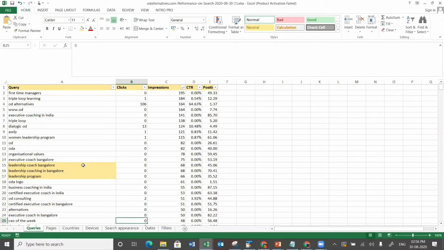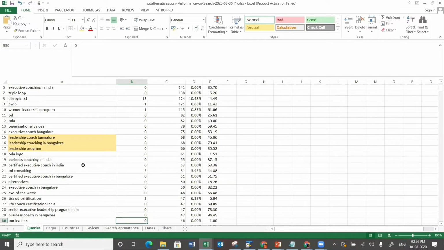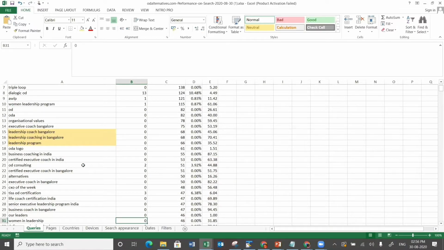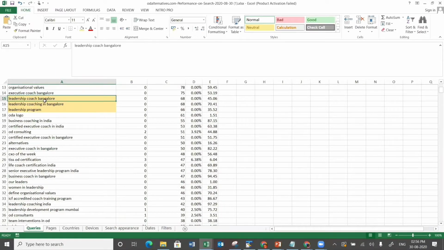By now you guys should know this because we have discussed this several times, and I'm looking for answers from you guys. We will create pages around these keywords, because if these pages don't exist, the site will not rank for these particular keywords. That's why it's extremely important that I have product pages created around leadership coaching Bangalore, leadership coaching Mumbai.